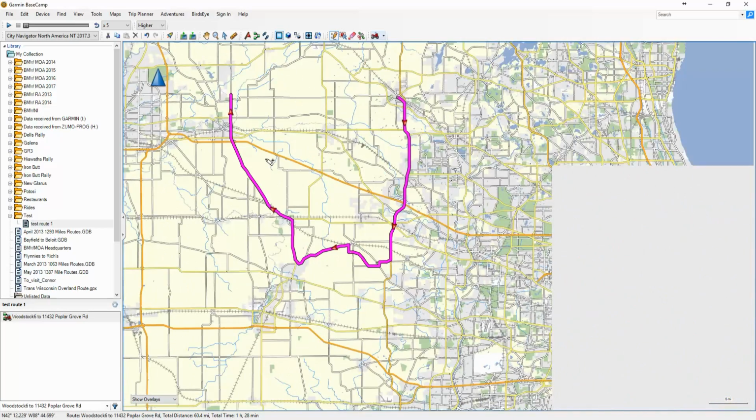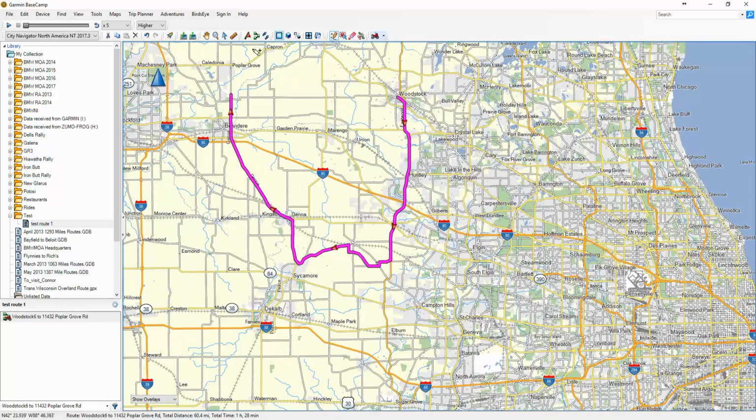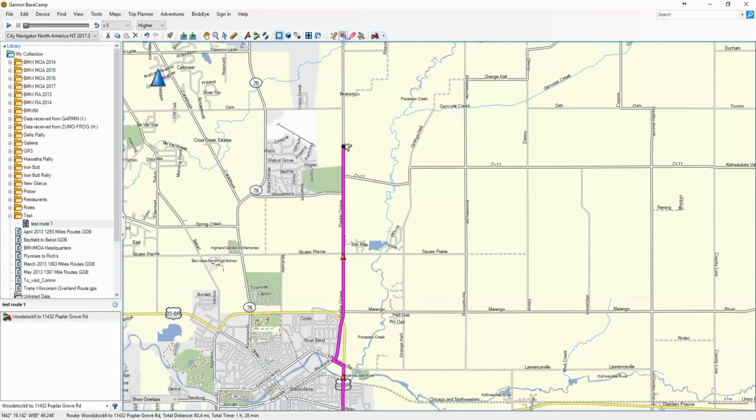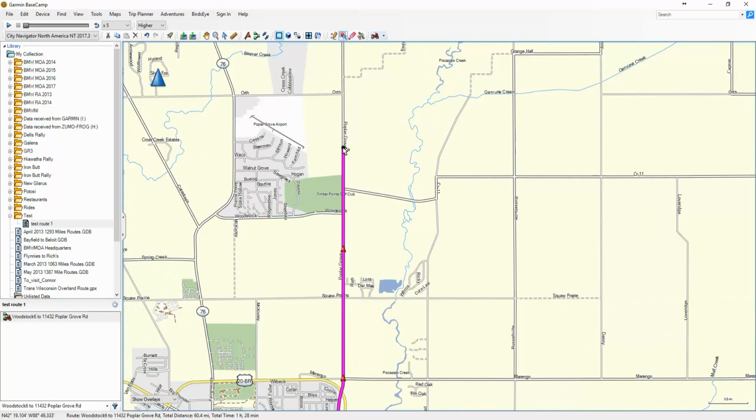So we've got a bit of a route. Let's say we want to move the ending location. I can just click, hold, grab, drag, drop. Now, when I double click this,